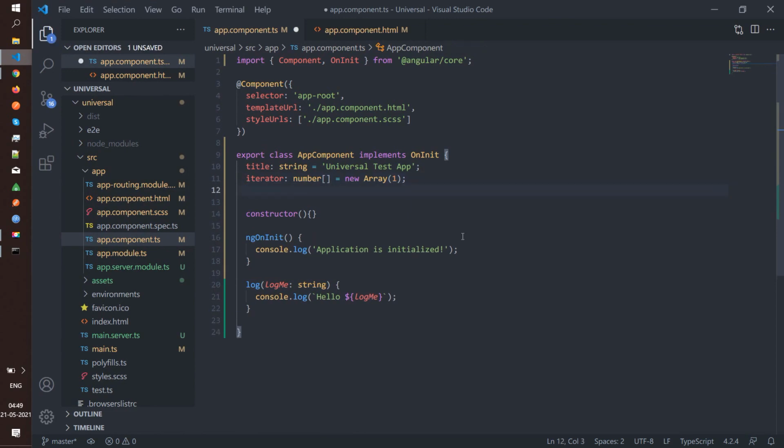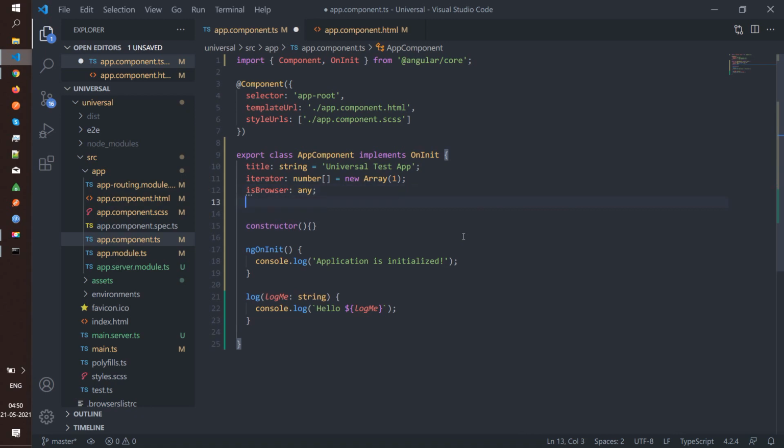Let us create two variables, one for the browser and one for the server, to identify where my application is getting processed currently. Okay, now to use the platform functions that are being provided by the Angular slash common library, we need the platform ID also to feed it as the parameter in those functions. Okay, let me write the function call first.